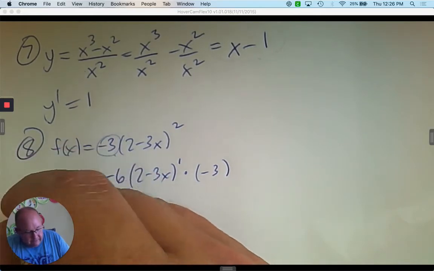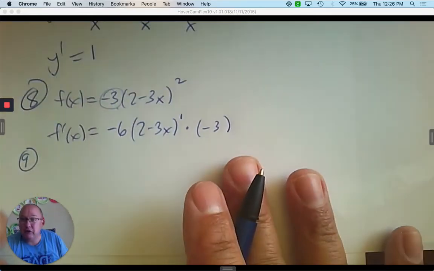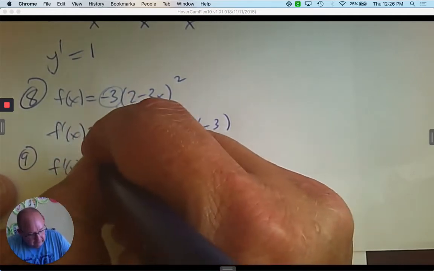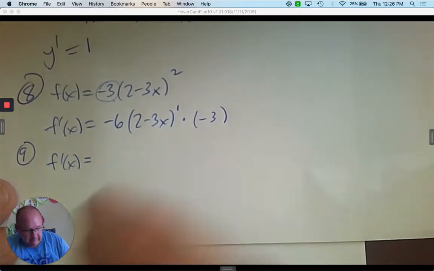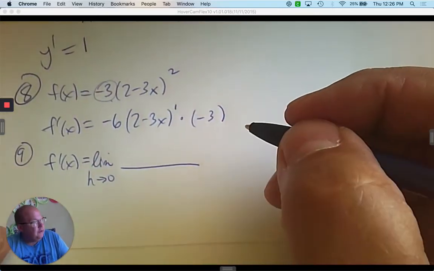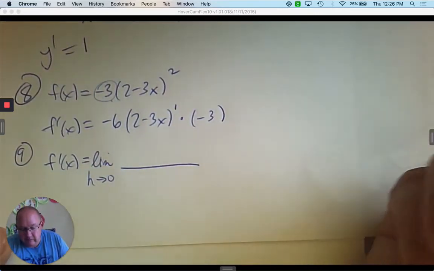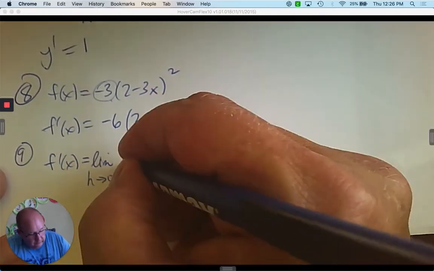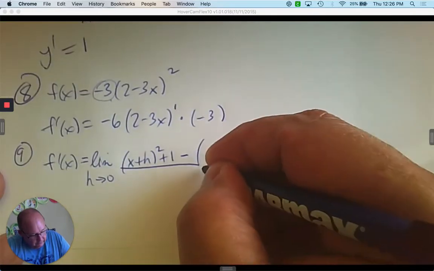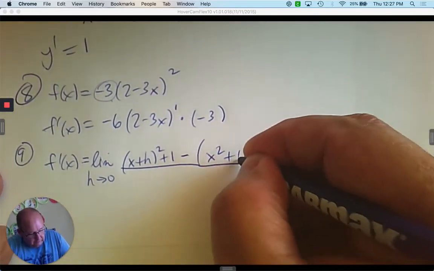Use the limit definition to find the derivative. Again, what we don't practice, we forget. So if I want to find the derivative using limits, it's the limit as h approaches 0. The numerator, x squared plus 1. So it'll be x plus h squared plus 1 minus x squared plus 1 all over